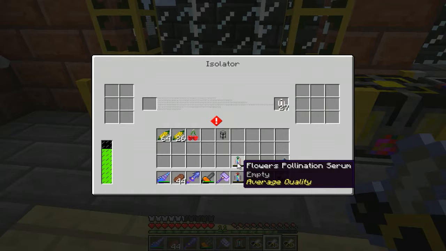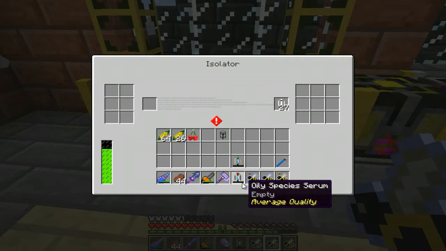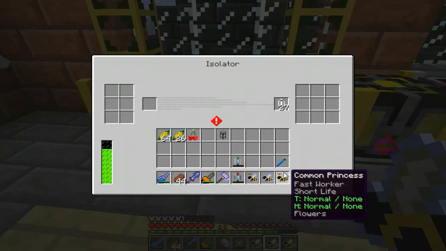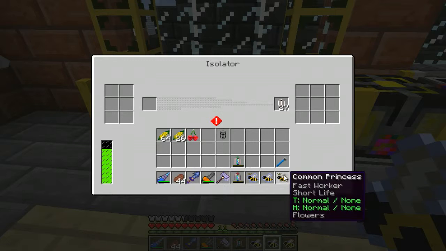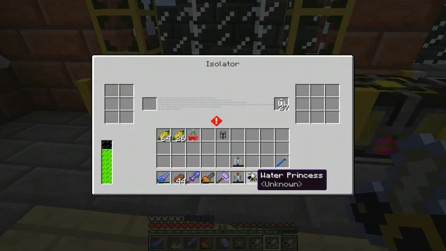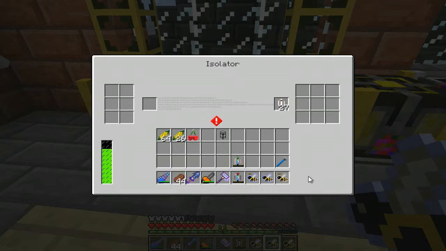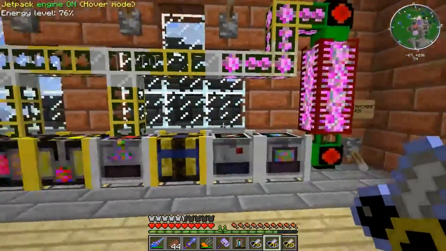So as you see, I've got flowers, pollination, and oily species. And oily species is pretty self-explanatory. It's the oily species, which is what we're trying to make today. And flowers pollination is it pollinates using flowers. There's also like lily pad pollination, which is what these guys have base, I believe, which means you need a lily pad in the area for them to start producing. And then there's like rock pollination, mushroom pollination, and a couple others. But today we're going to make an oily bee